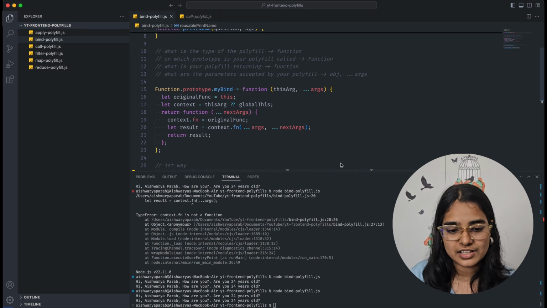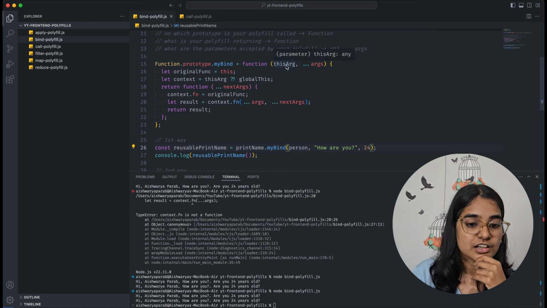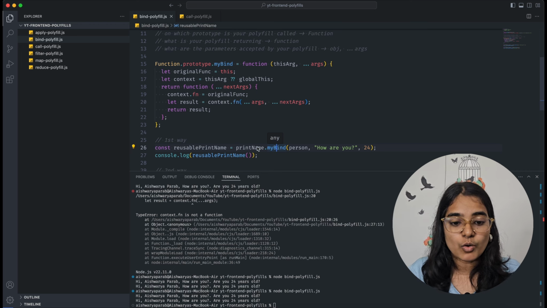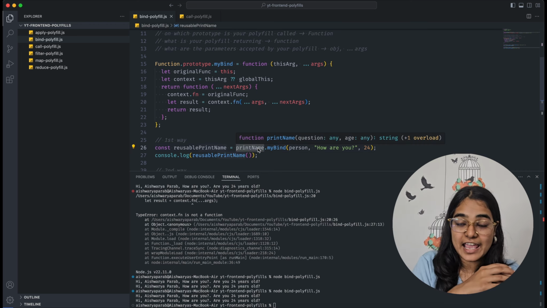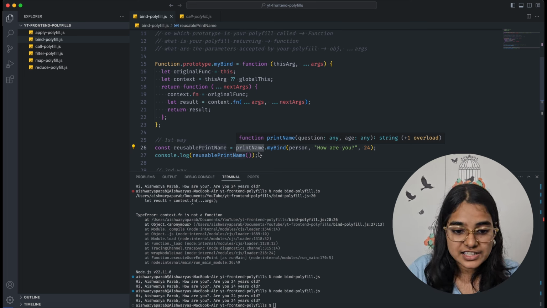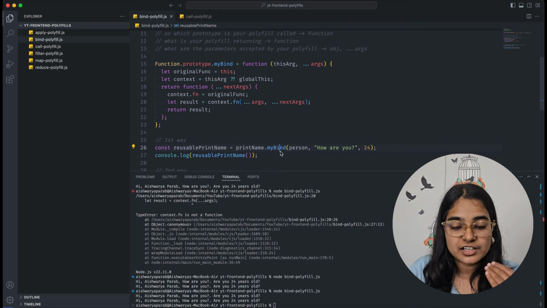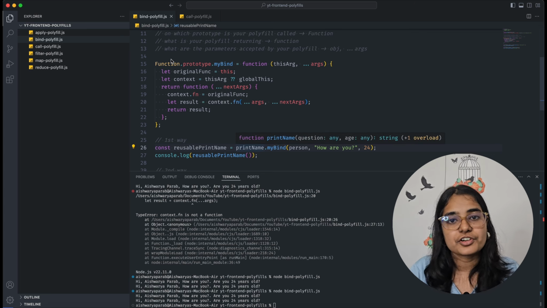Simple validations, nothing complex. The first thing is you have to figure out that you are in fact calling your bind function on a function. You have to make sure that your original function is actually a function, because if this is not a function, then you shouldn't continue, right? Your bind polyfill will not work on anything except a function, because you are changing the function prototype.